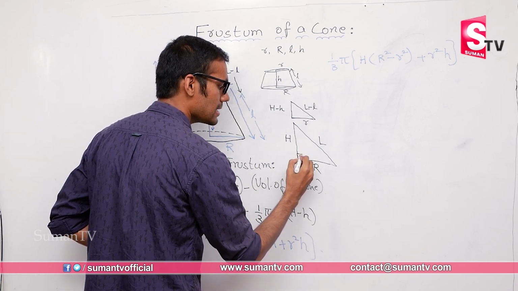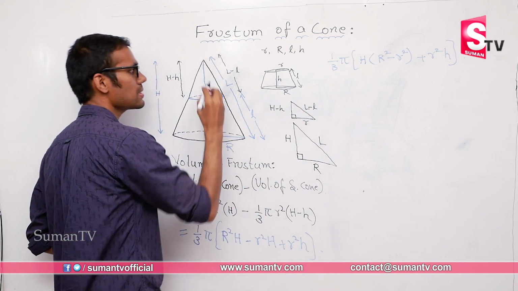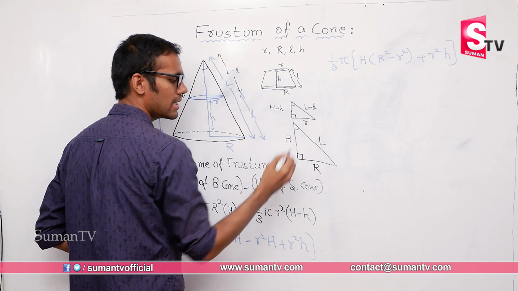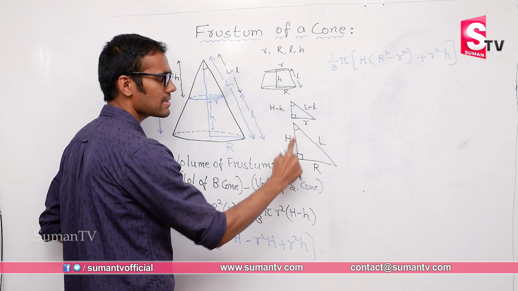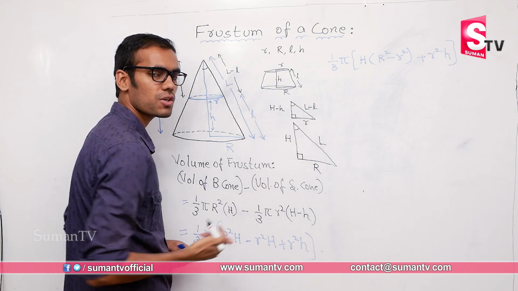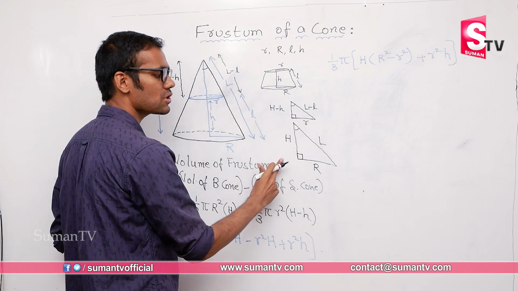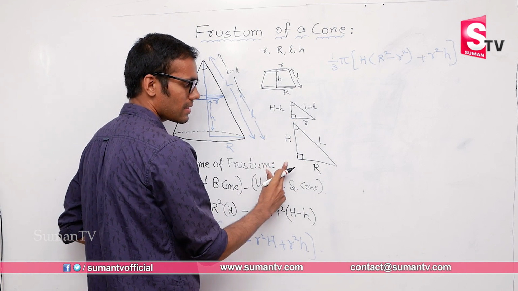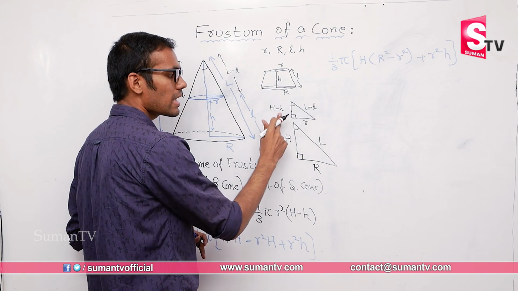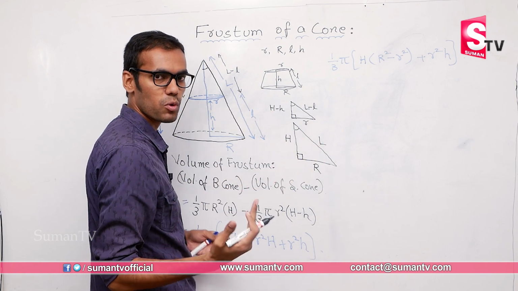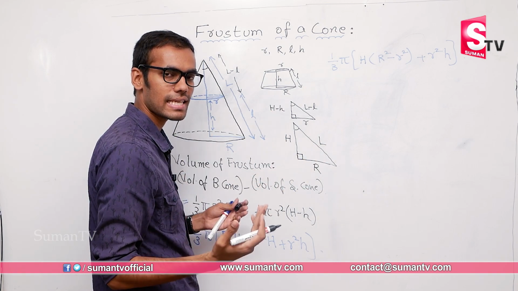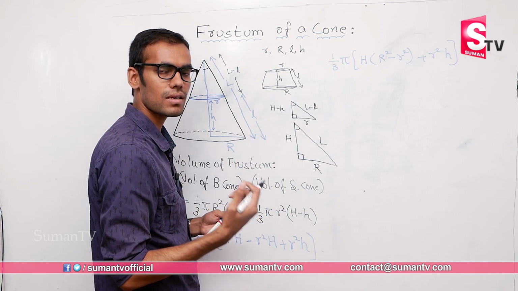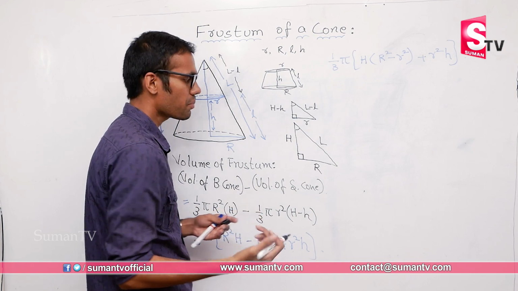Now these two triangles are similar triangles because this is a common angle. So this will be common angle, this will be common angle. This is 90 degrees, this will also be 90 degrees. So according to angle similarity, we can see that these two triangles are similar to each other. So when do we say these two triangles are similar? If all the sides are in proportion, these two triangles are similar, or if two triangles are similar, all the sides are in proportion.